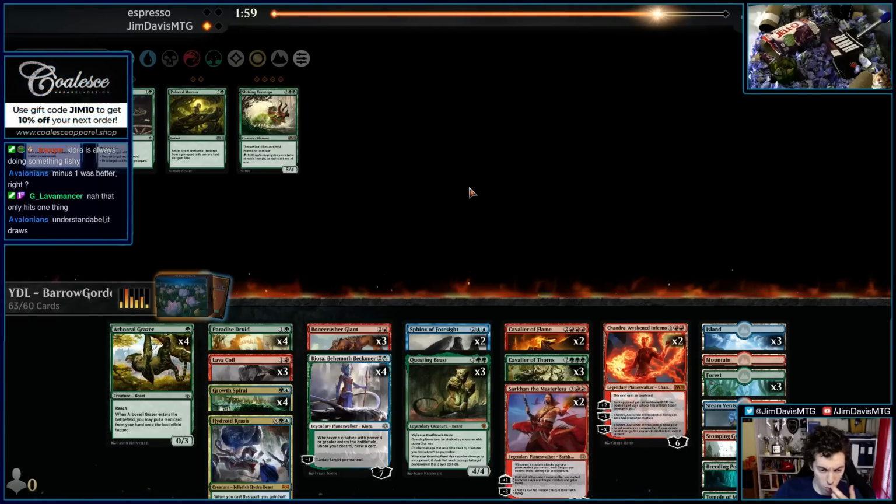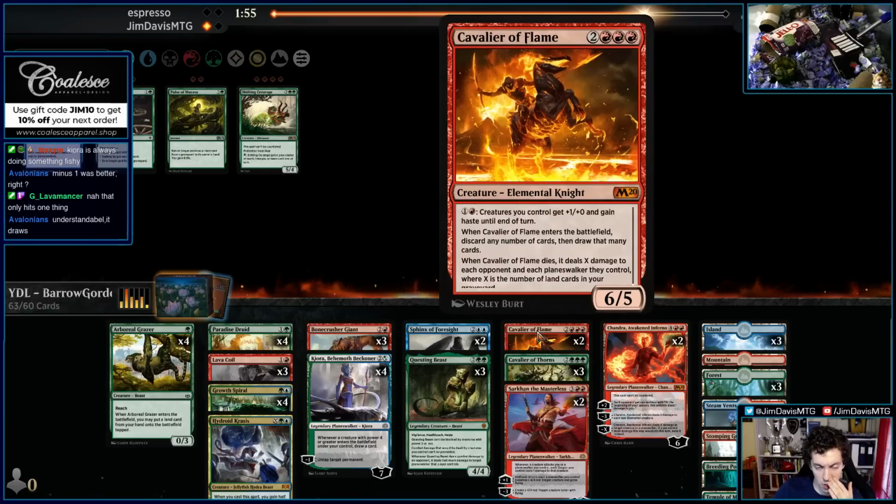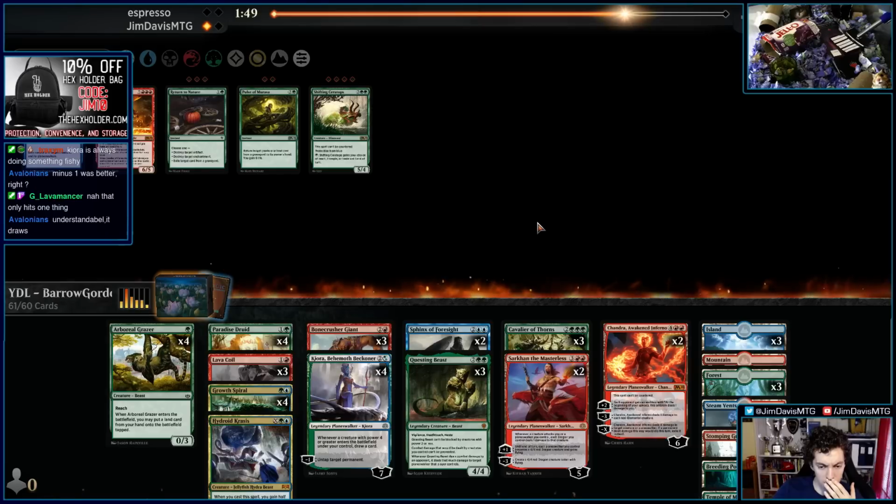I think Sphinx of Foresight is a little medium. Honestly, these Cavalier of Flames just aren't really doing it for me. We're not going to need the power of this to like the haste and to overcome stuff. We're going to shave those and